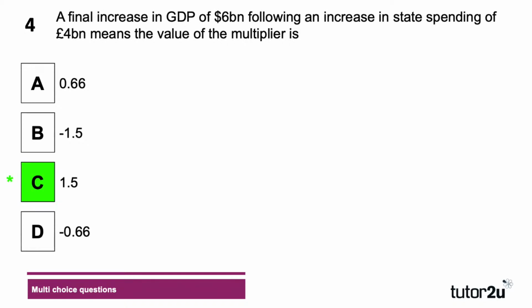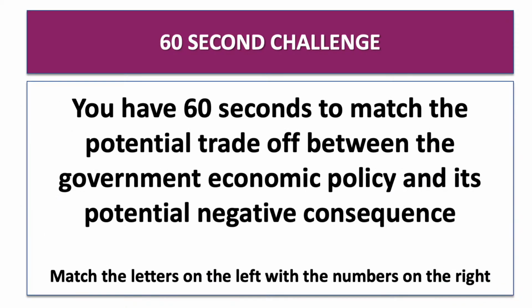That is, of course, correct. So we know that we have to multiply 4 by something to get 6, and that is 1.5. A lot of us are doing very, very well here. This is looking really, really good for your macro exam on Monday. I'm going to hand over to Lisa.